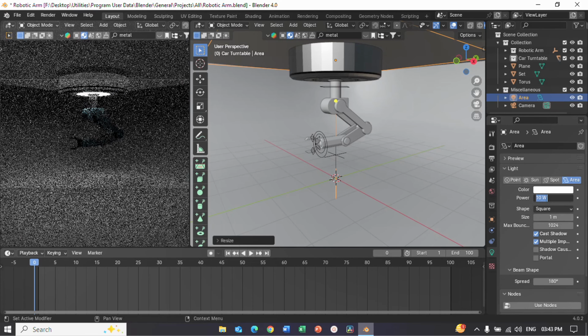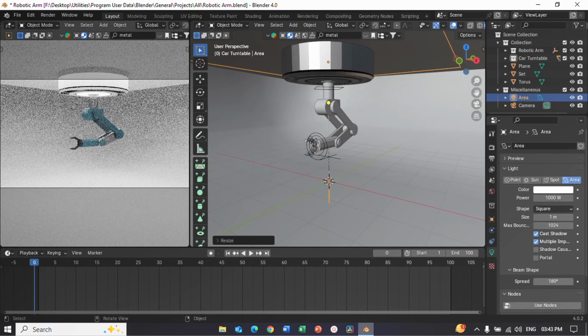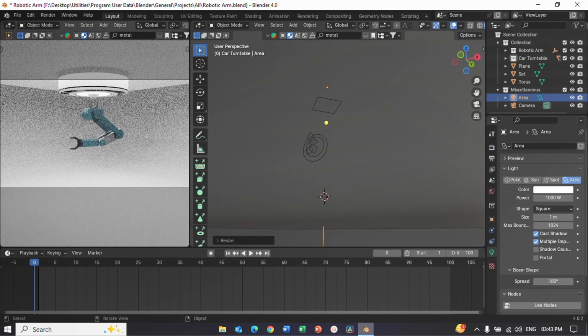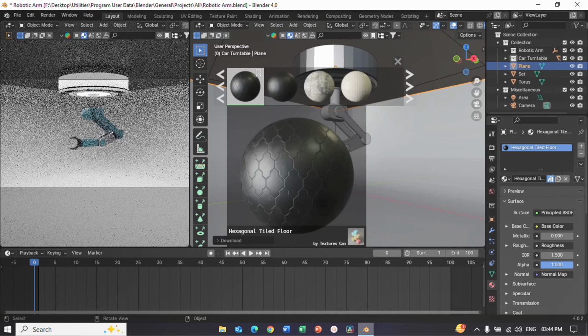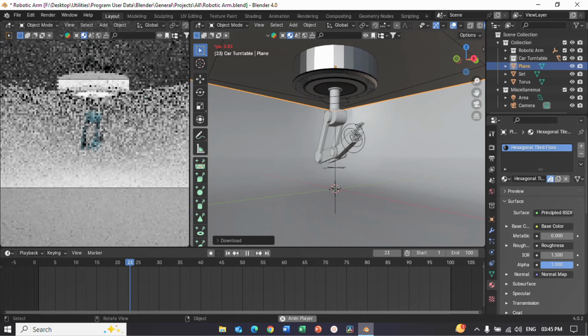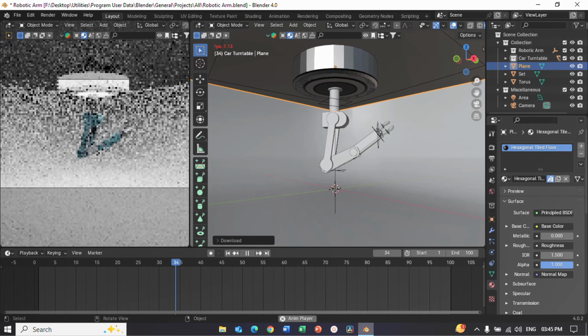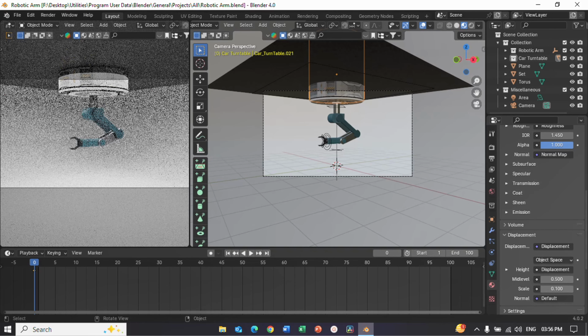So now let's increase the power to 1000 watts, and now this place actually looks like a high-tech lab, but everything's white in the background. So I would just add a material for the roof, and now let's look at our animation. So this is the final look, and now we just need to render this.